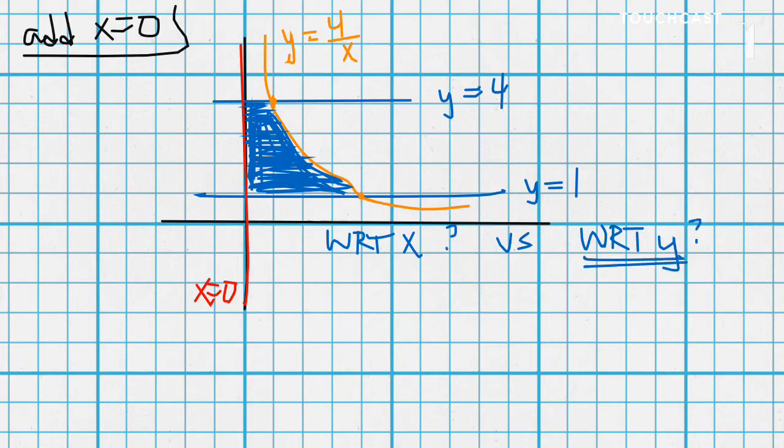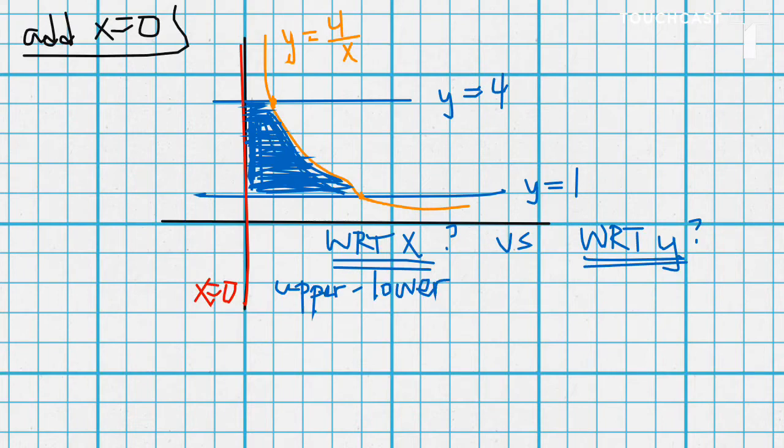So I have to ask myself that question, which one do I want to do? And I actually can do either one. So I'm going to start with respect to x, and remember I would have to do upper curve minus lower curve,